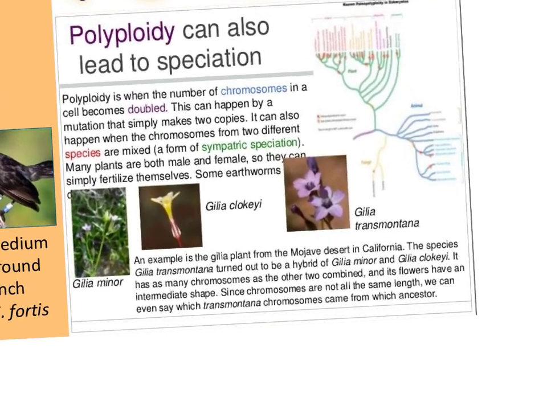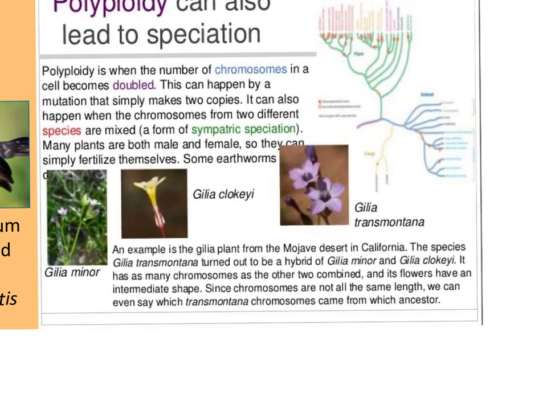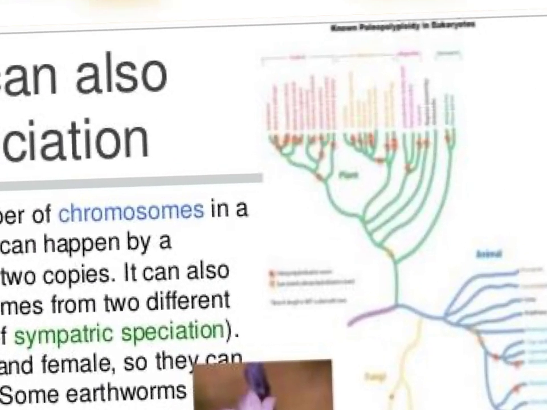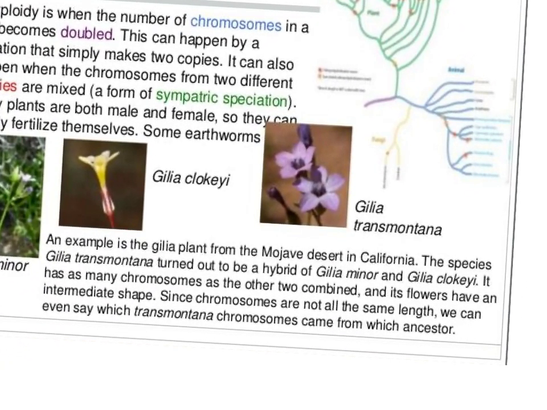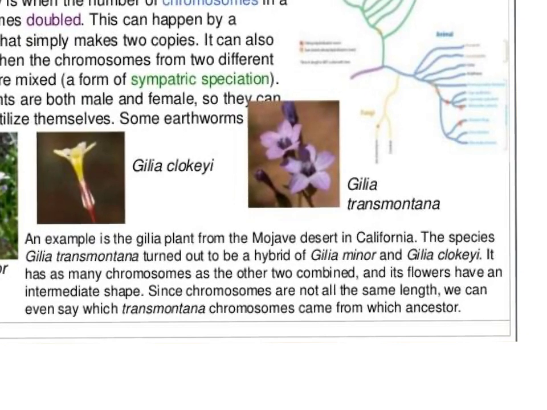So, an example is the Gilia plant from the Mojave Desert. The species, Gilia transmontana, turned out to be a hybrid of Gilia minor and Gilia cleokii. It has as many chromosomes as the two combined. In other words, so let's say Gilia minor had 6 chromosomes, and